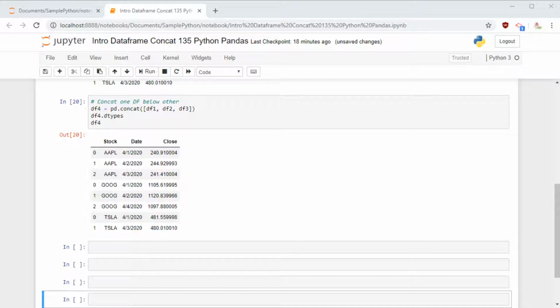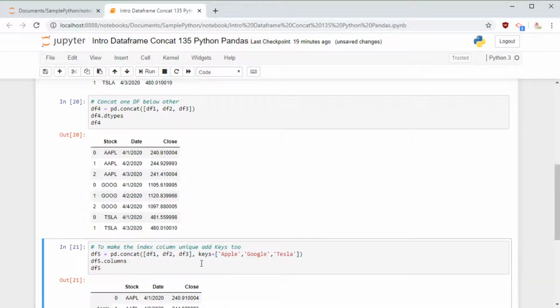So when we concatenate, we pass an argument called keys, and for that we pass the details like the keys are going to be Apple, Google, and Tesla, and I feed that as a parameter. So that's the key, and the value is the data frame 1, 2, and 3. You take one for one and concatenate for me.